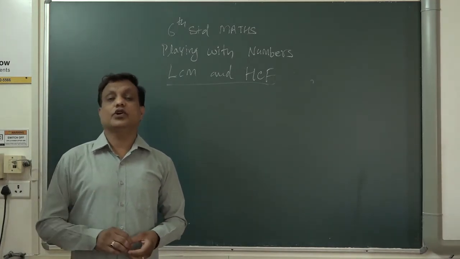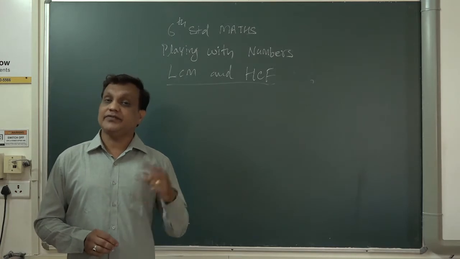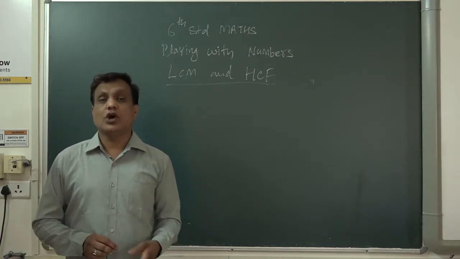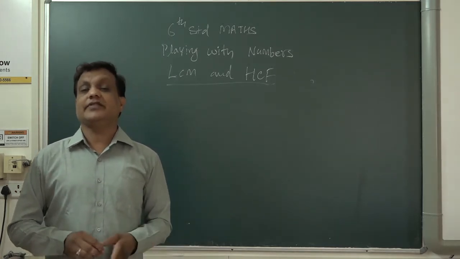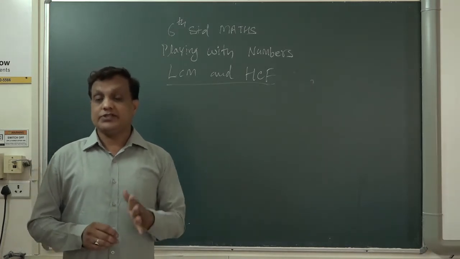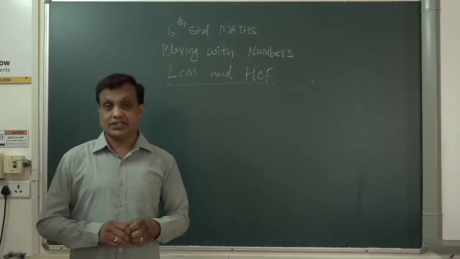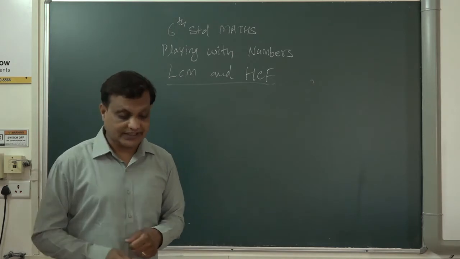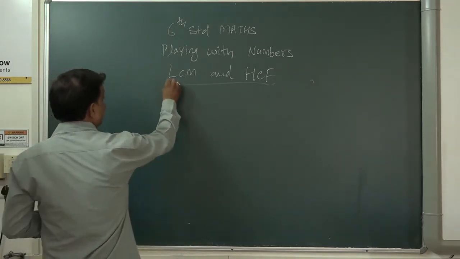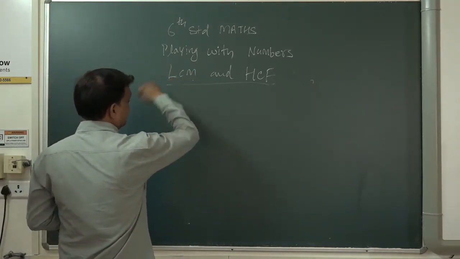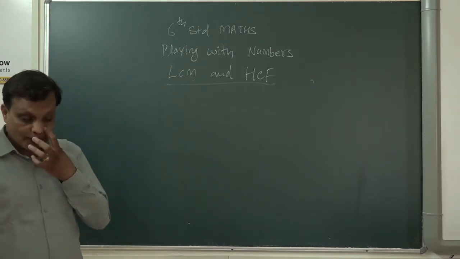Afterwards I will give you some formulas for when LCM, HCF and one number are given and one number is not given, or both the numbers are given, LCM is given and HCF is not given. In this way we can find the answers to the given questions. So first we will see LCM. LCM means least common multiple.